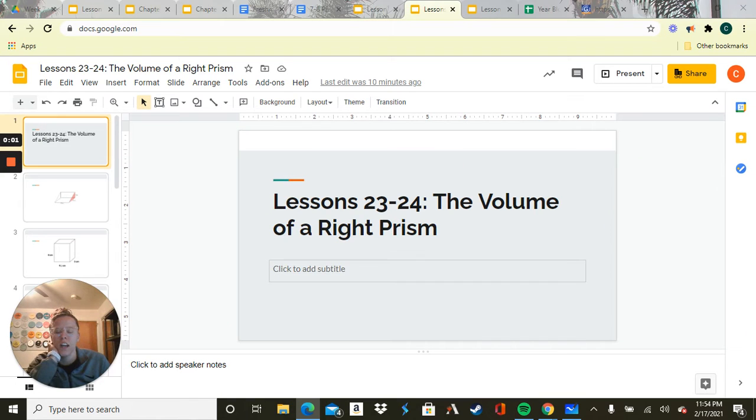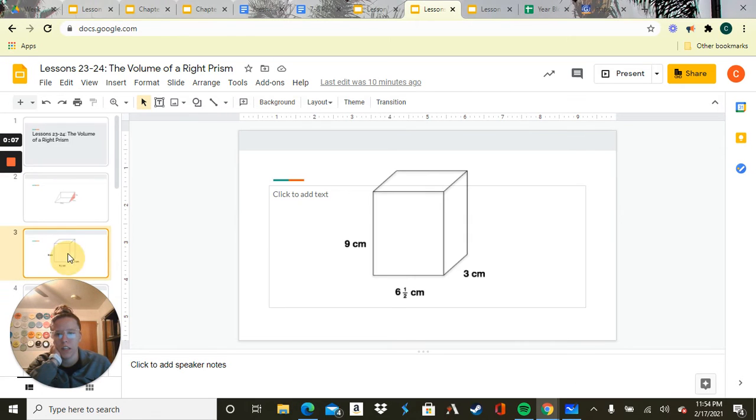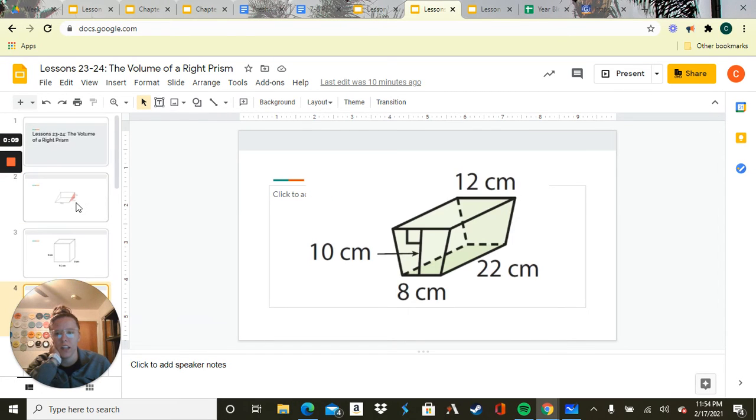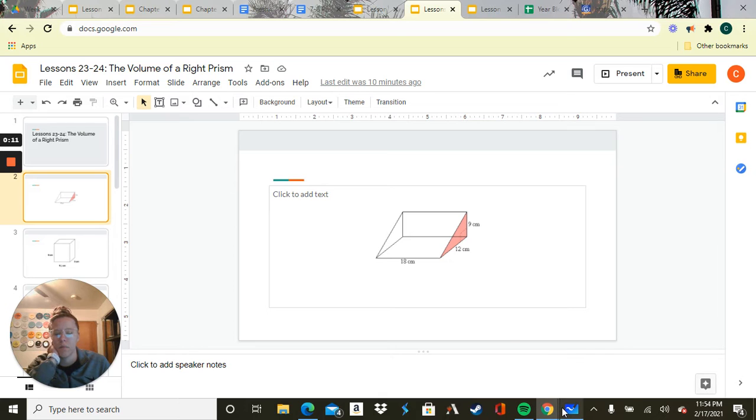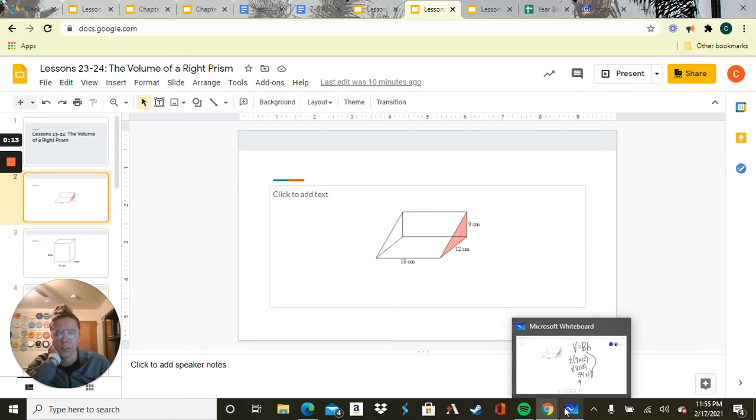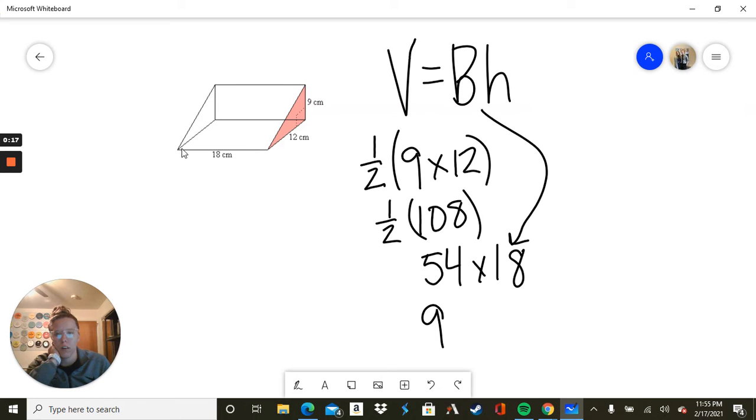Hey, 7th graders. Yesterday we looked at surface area of a right prism. Today we're going to look at volume. So we have three shapes over here, three prisms that we're going to look at on the whiteboard, and then some word problems. So our first one, for the formula for volume, it's base